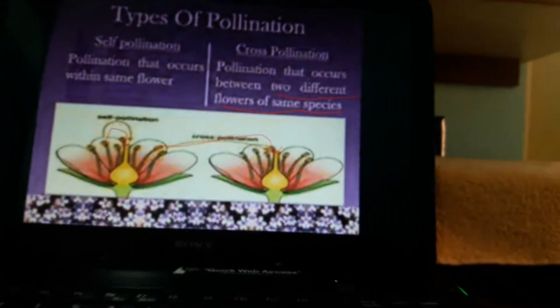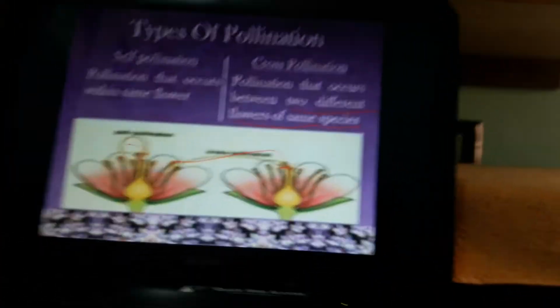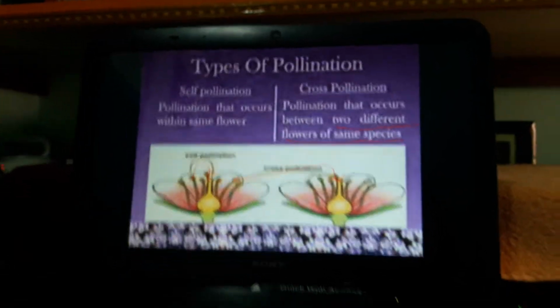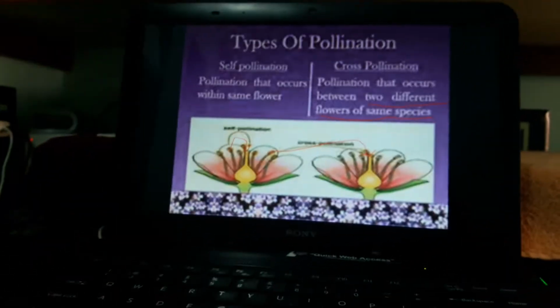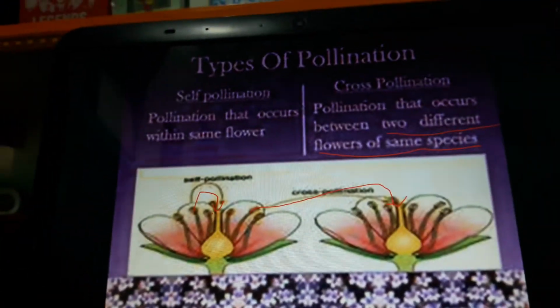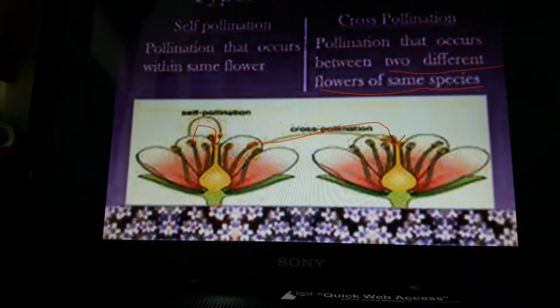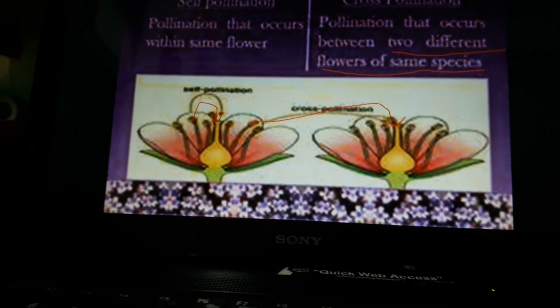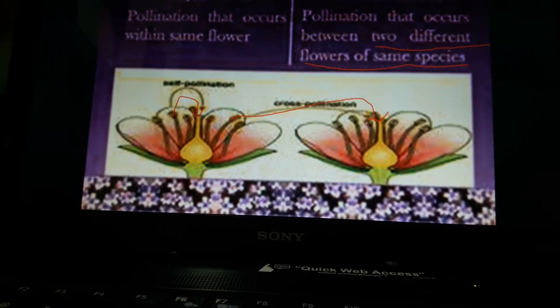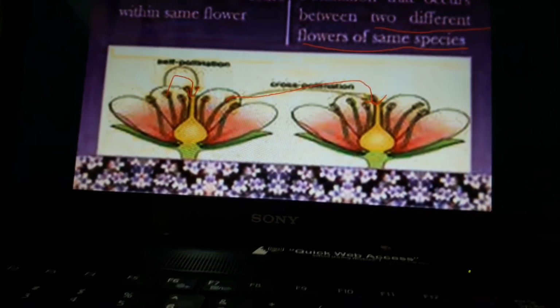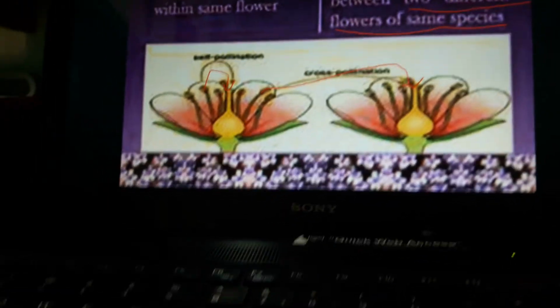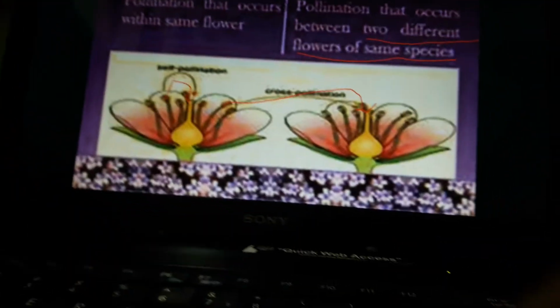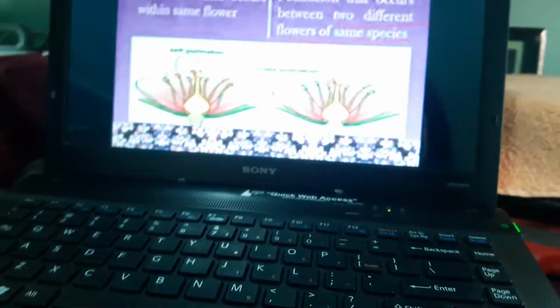Now you definitely have this question: if the insect doesn't know which flower is what, it can throw pollen easily to whatever part it wants. But the answer is that if such cases happen, then the pollen grain will get destroyed. It will not germinate or reproduce at all. So this is the answer.